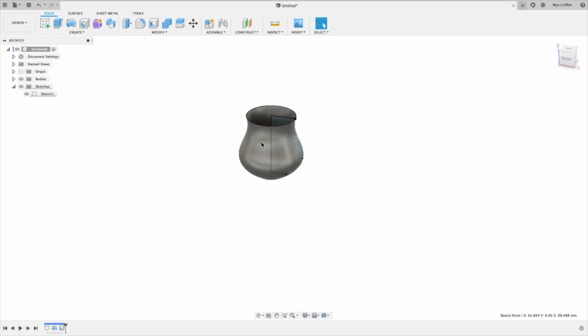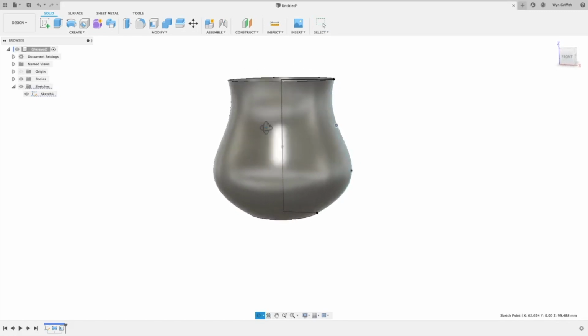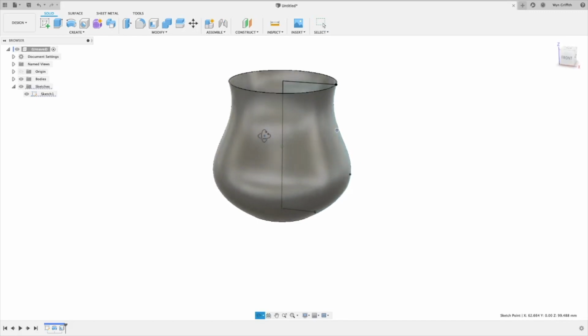Okay, so I think for this tutorial then, we're going to leave it there for now. And good luck with that. And I'm going to scratch my head and think of something interesting to make next by